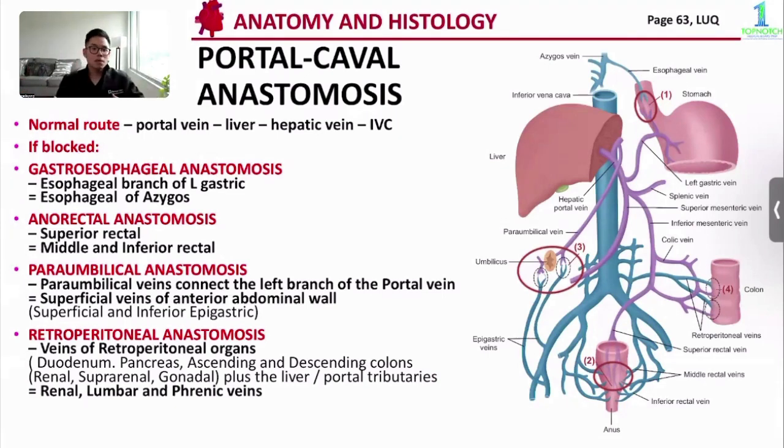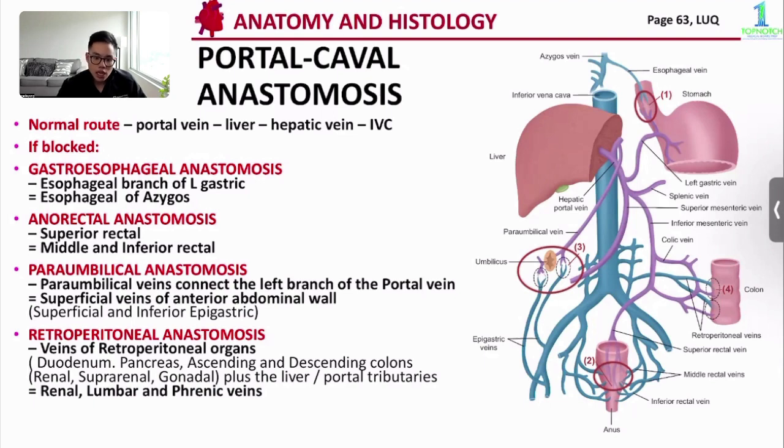Now, the problem is, for patients with cirrhosis, there can be blockages, and these blockages would manifest as engorgement of your portal caval anastomosis. There are actually four. You have your gastroesophageal anastomosis, which is between the esophageal branch of the left gastric, as well as the esophageal branch of your azygos, the left gastric being the portal, and the azygos being the caval